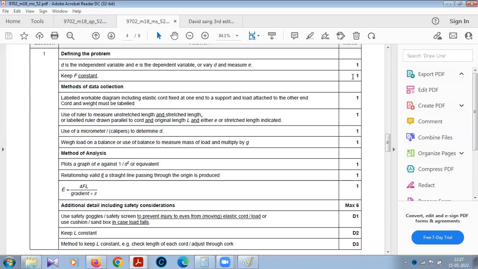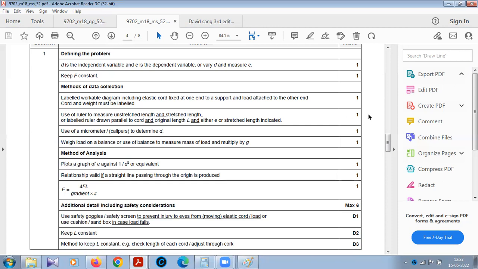For writing the control variable, that means what we are keeping constant, there is 1 mark. For the diagram, there is 1 mark. And then you are explaining it. That means in the diagram, if you have shown a ruler, unstretched length and stretched length, and you have drawn a ruler that is parallel to the wire,